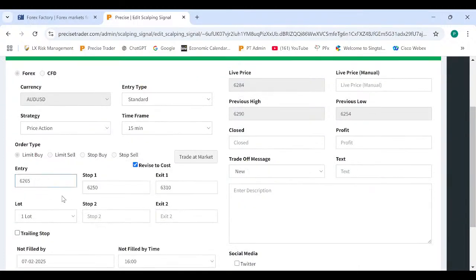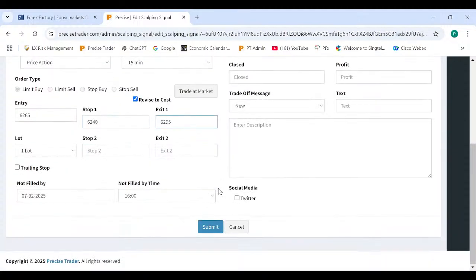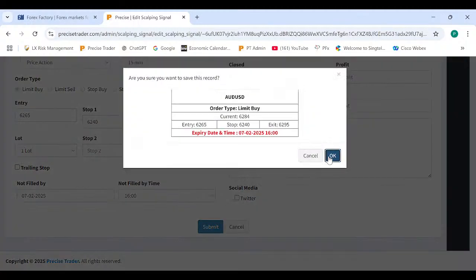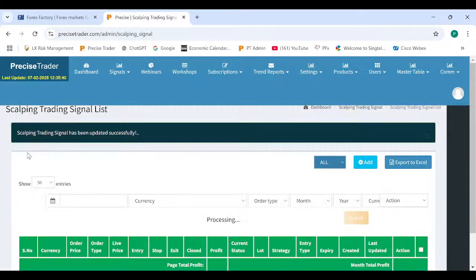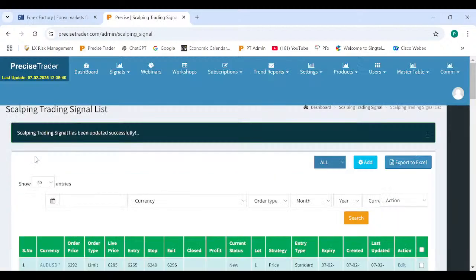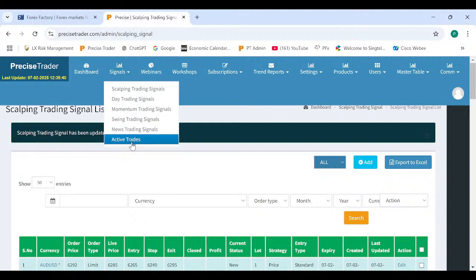But try to play a conservative game, and the stop we will bring to 40, and exit we will try to exit at 95, before 63. So this is the revision, and I think we can go for one lot because this market is not going to give us any big movement